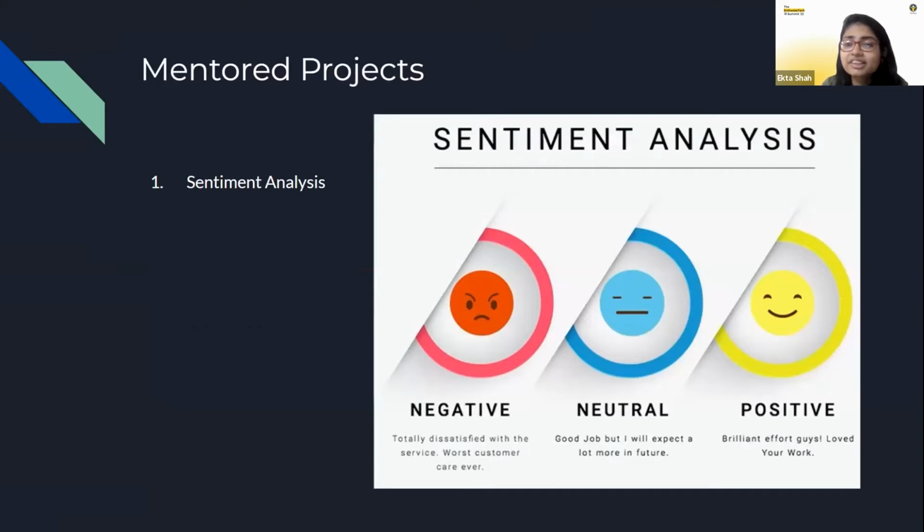The first one being sentiment analysis. I'm giving a very brief overview over here in the PPT just in a minute or two. I'm going to go through a document which will take you through the nitty-gritties about what the data is and what all you can do as a part of this project, and what you can really put across as your achieved output after you've completed the project.